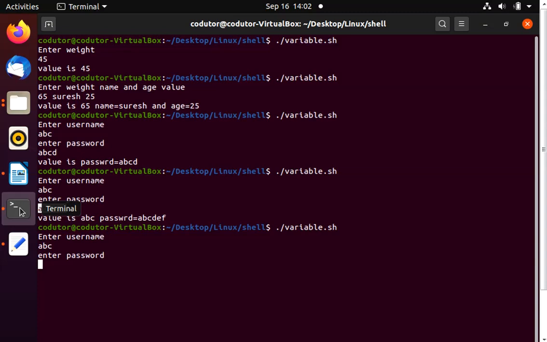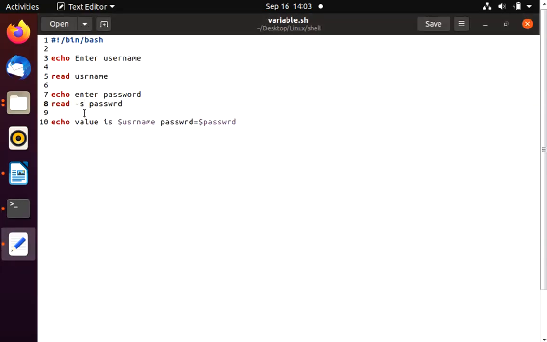I have entered the password, but it is not visible here because of that -s flag. And if I press enter, here you can see value is ABC and password is 12345. So this is how we can silence the user input using the -s flag.